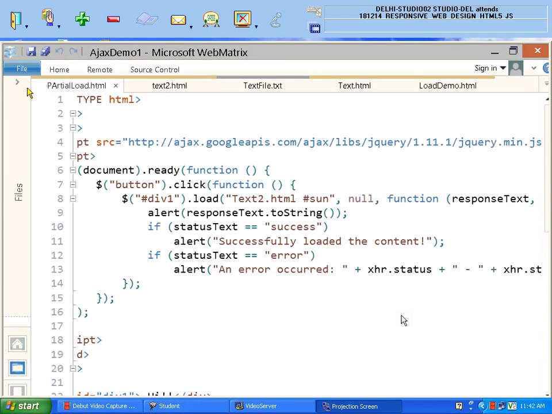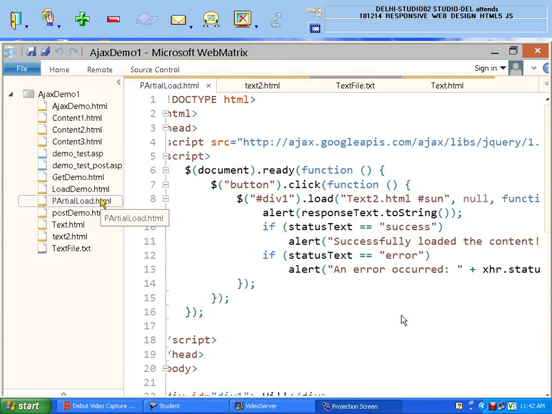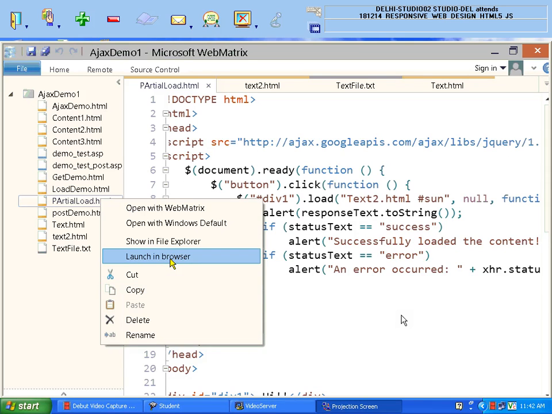See this page. I will also explain another thing which I told you earlier: that whatever action I want to perform, I want to load a page, and I want to make sure whether it is completed or not, and whether there is any error or not. For that I will also explain this time. Before that, I just want to display this example to you.